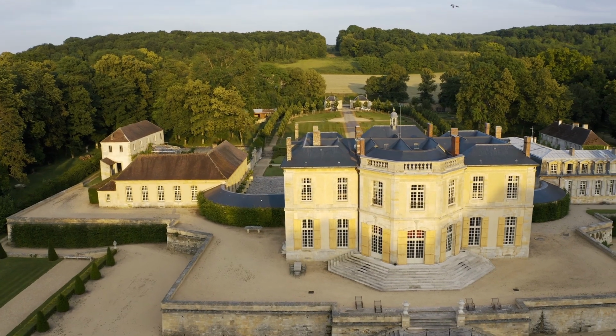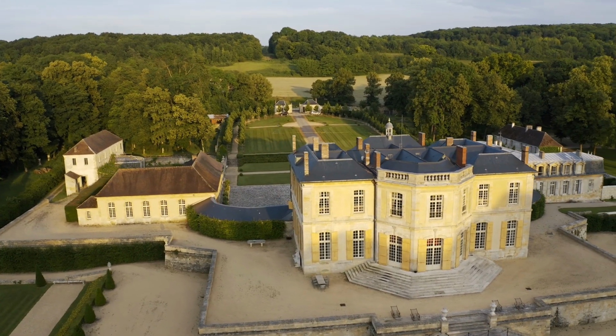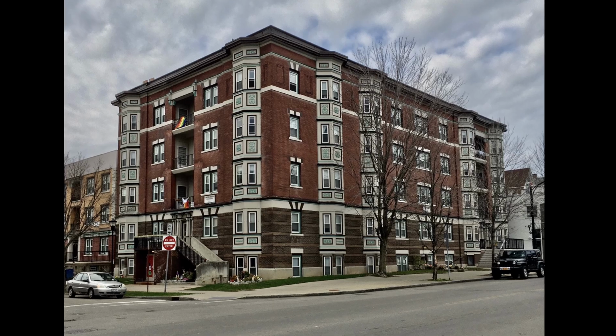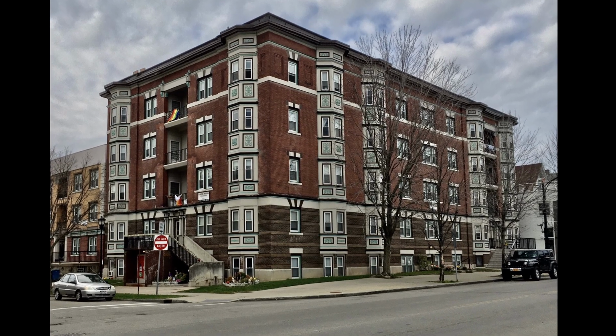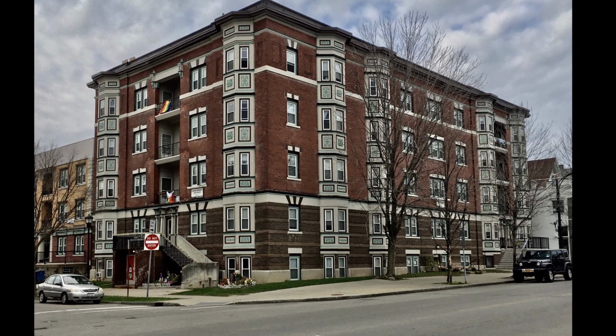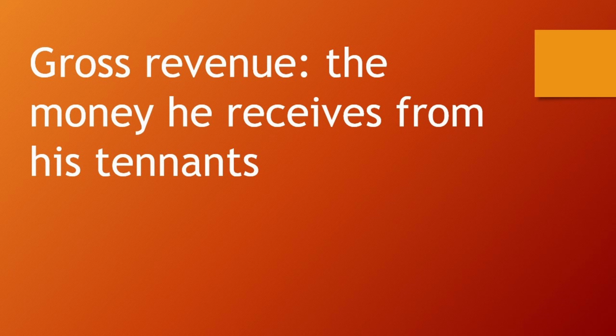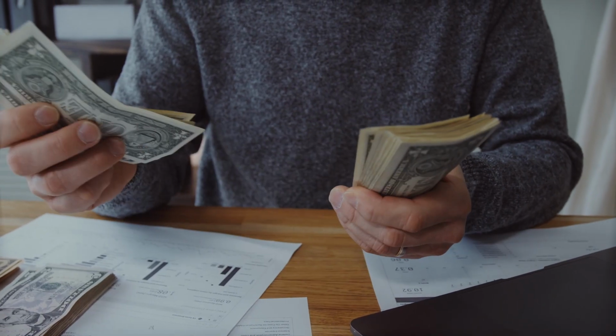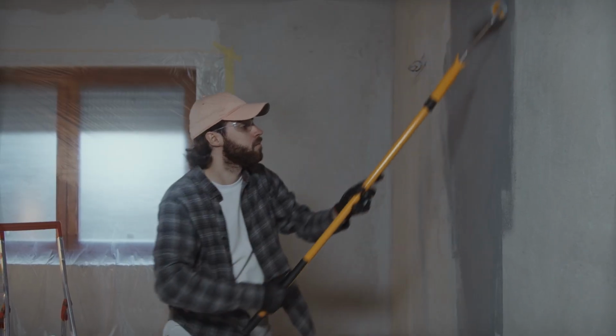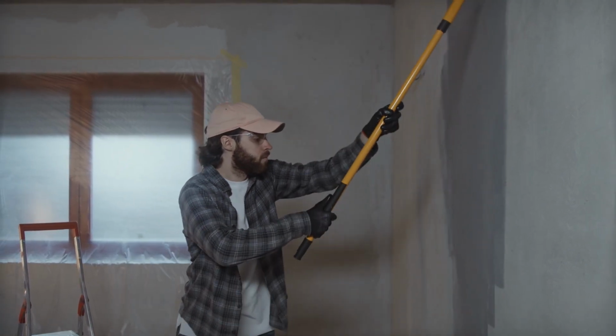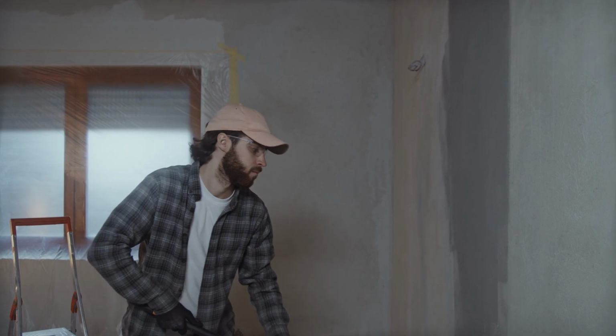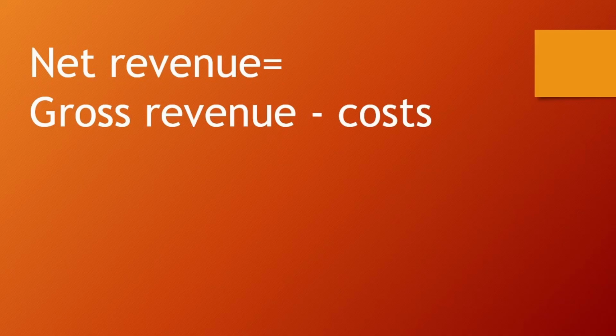In the book, he talks about land, but because it's more current, we will give an example for a building. Say a landlord owns an apartment building and rents it out to tenants. The gross revenue is the money the landlord gets from his tenants, but he has certain costs. He has to pay to maintain the building in a good state of repair, and it costs him money to collect the rent. What is left after these costs is the net revenue, and it is only from the net revenue that the landlord gets to enjoy the benefit.